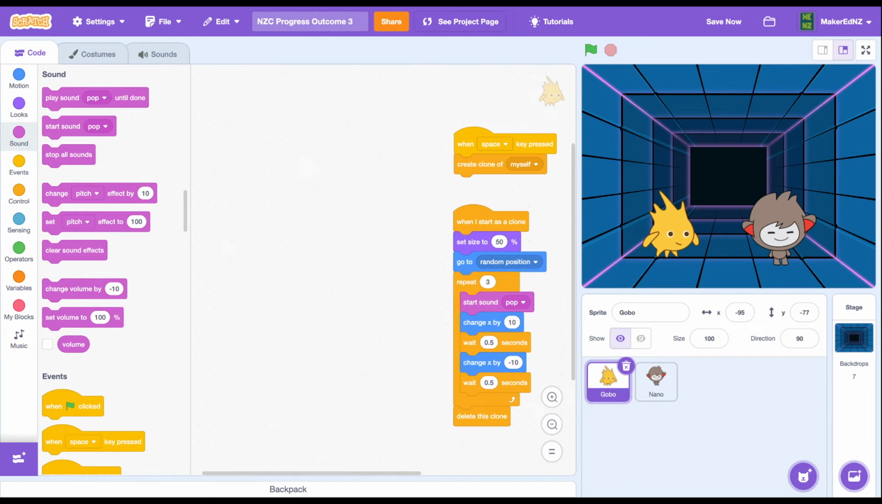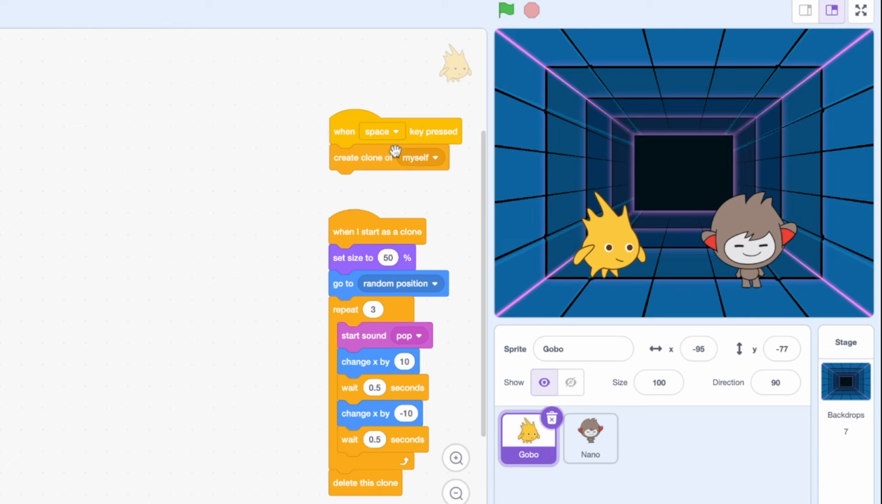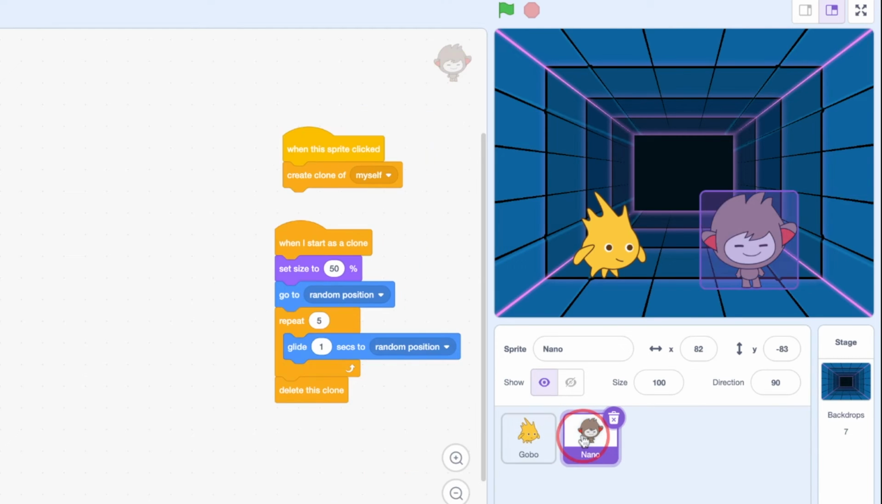So in this program, I've used 2 sprites again, and I've combined a few different interactive elements. In this sprite, Gobo, I've created a "when the space key is pressed" script that creates a clone, and then it will do some things, including a loop. And on Nano, I've said when the sprite is clicked, it will create a clone and do some other random things. So let's see what happens when I start